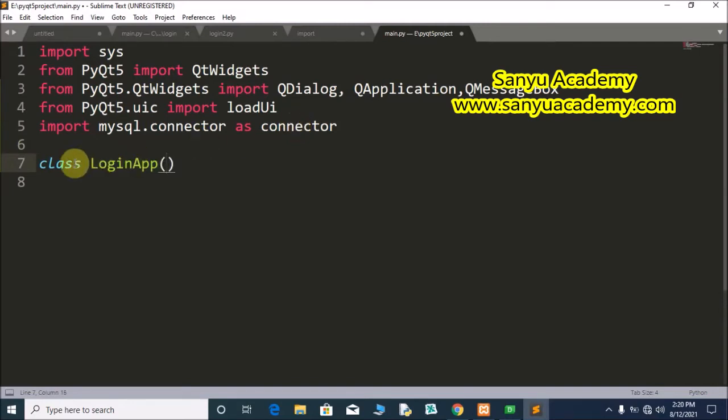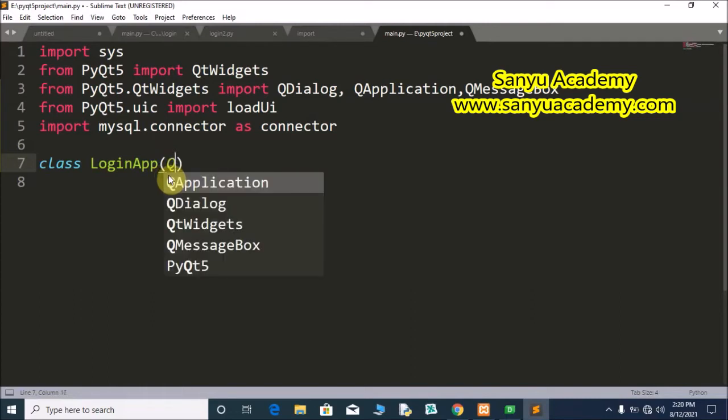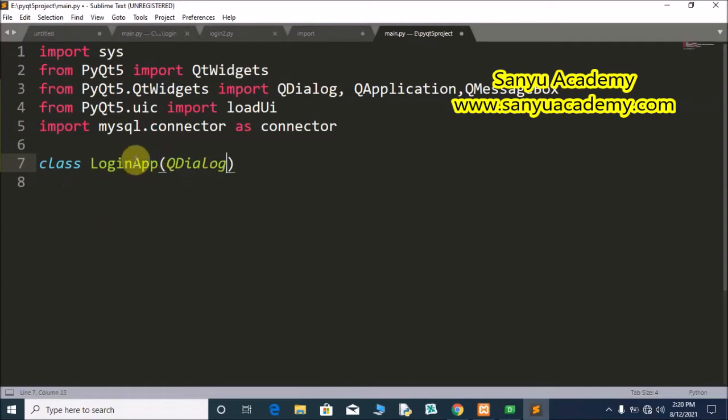This is the class name, LoginApp. Inside this we have to call the QDialog. The LoginApp class inherits the QDialog class, colon.